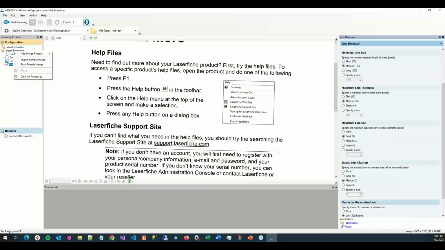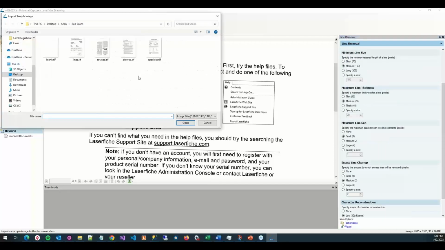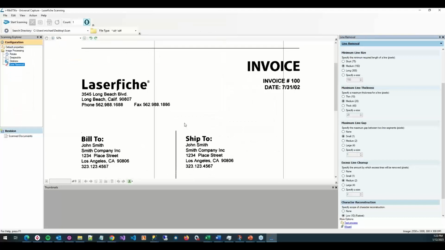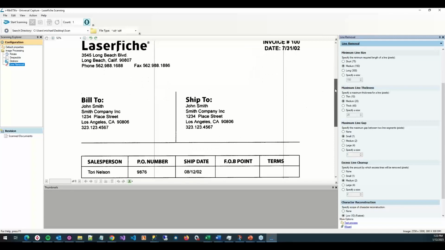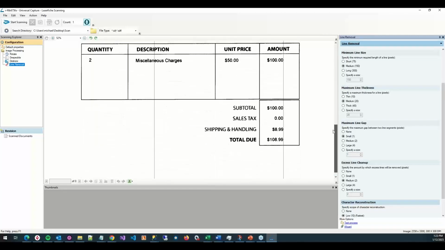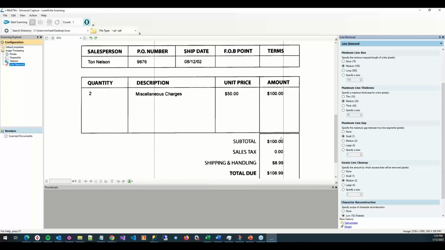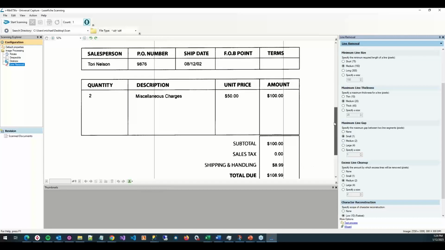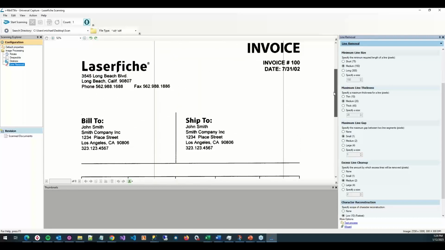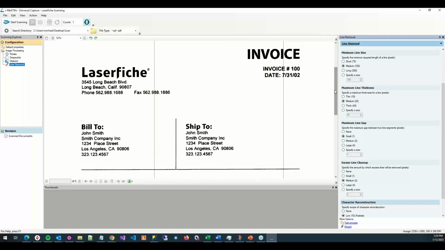And I'm going to once again change our sample image to my lines sample. So here you can see we have our long vertical line through the whole document. We have a lot of lines around our tables, our subtotals. There's just lines everywhere in our invoice. If we test our process here,